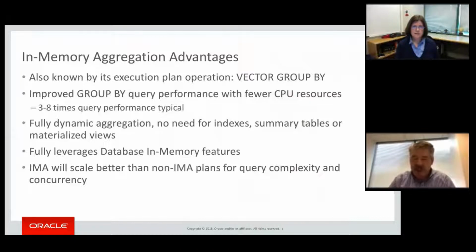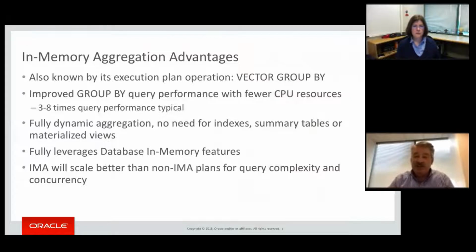But again, you won't see it called in-memory aggregation, you'll see a vector group by, which is the new one. So we have a sort group by, we have a hash group by, and now we have a vector group by. That's what it'll show up as in the execution plan. It's kind of covered over by this terminology of in-memory aggregation. But we'll touch upon all of these features, and then if you want to dive into this in more detail, the in-memory aggregation white paper is a great place to start, and then of course trying it out for yourself,